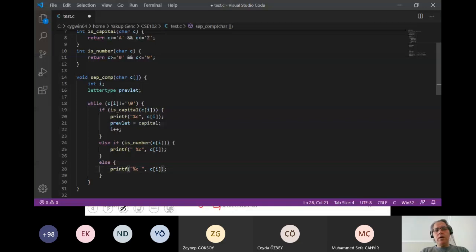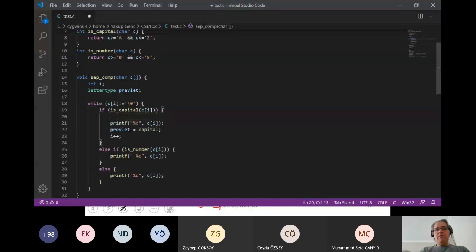I'm going to say, okay, now I will put my thing, the character. If it is a small cap character, I'll just put it there. I don't care about anything else. So now this part, we have to be careful. We have to come back to this one. This said, okay, if the first character is a capital, then this is okay. If the previous character is not a capital one, so if it was not a capital one, if the previous letter is not a capital one,